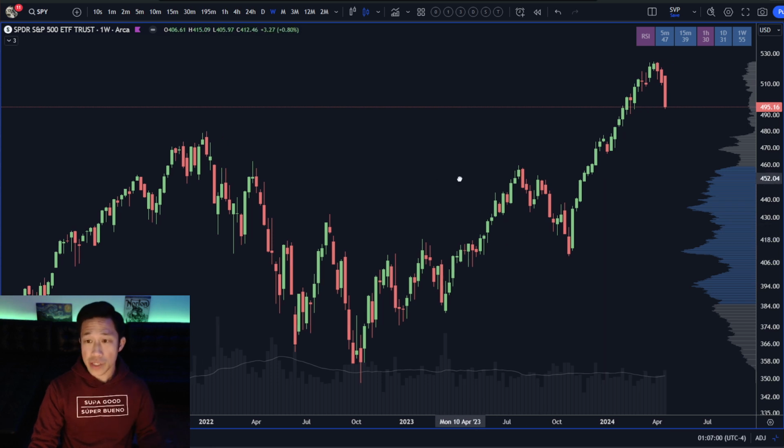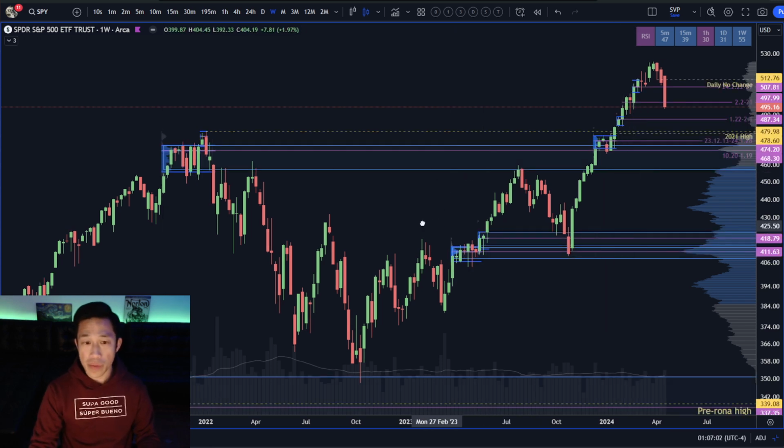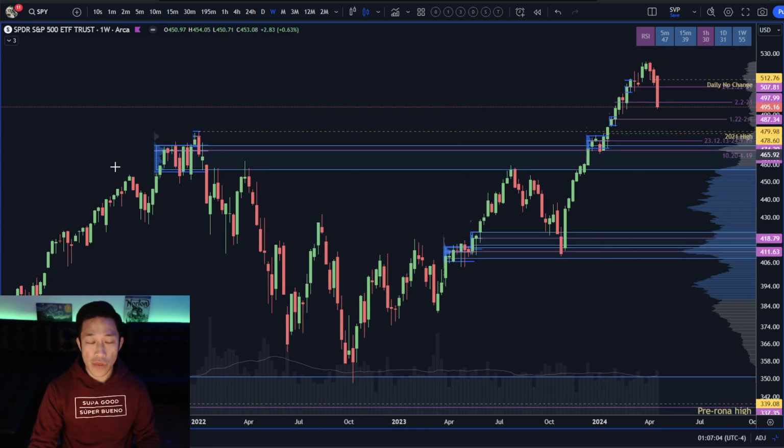The best case scenario for these buyers would be don't come into this zone at all. The best case scenario would be they try to get back under this 2021 high and they fail and they can't get it going. And then all of a sudden we start balancing and then breaking out again and balancing. That's the best case scenario. The next best case scenario